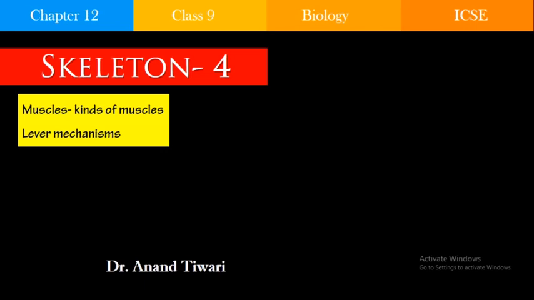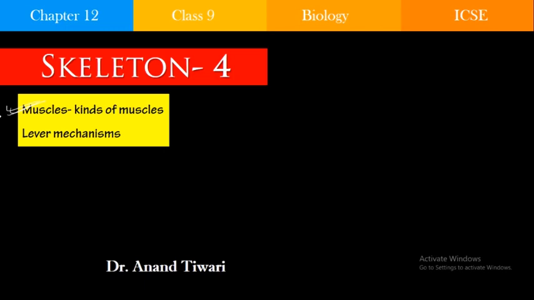In addition, we discussed the various types of joints: the immovable joints, the partially movable joints and freely movable joints. In today's lecture, we'll be discussing the muscles,